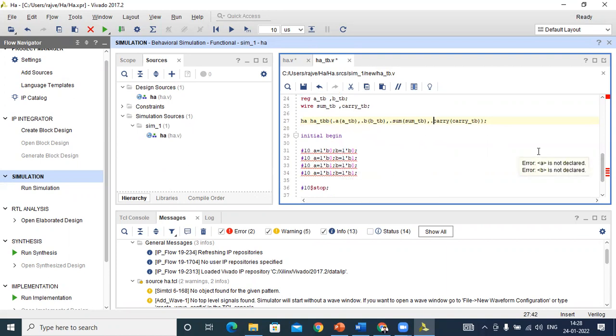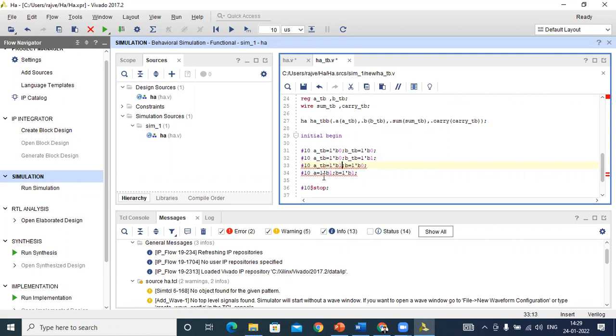Here we write it as TB, not TA only. TB, and B also is TB, because we mention A TB and B TB. Follow the same for this one. This is TB, this is also TB.